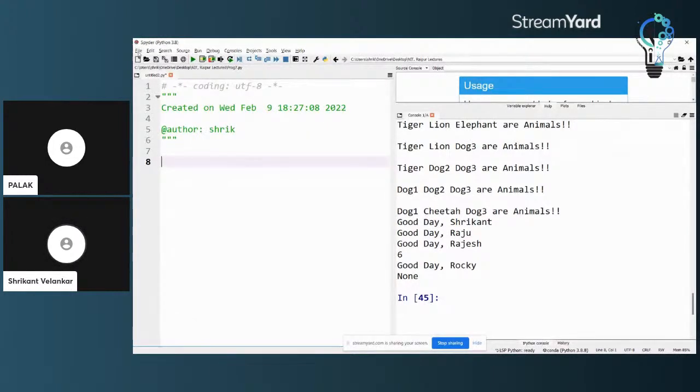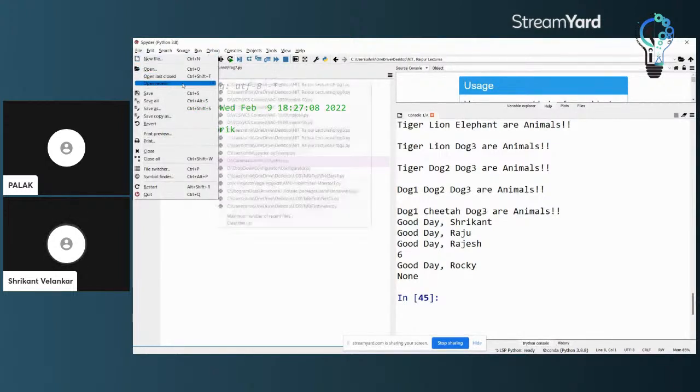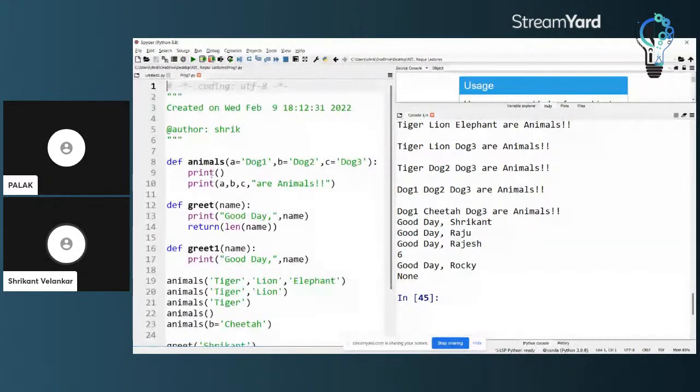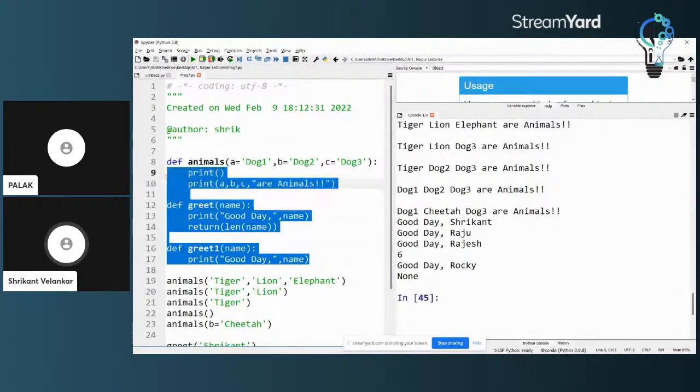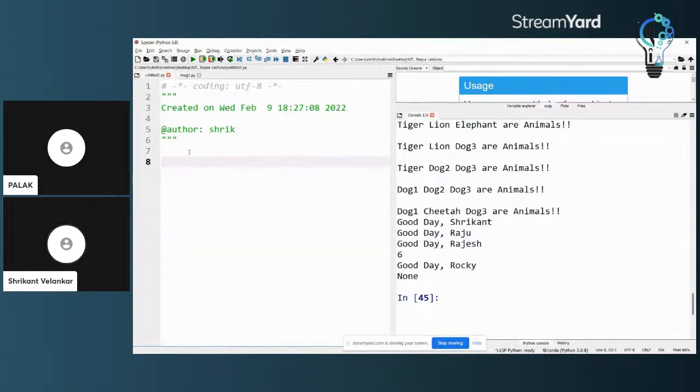Let's see first how I will be able to do it. What I will do is open the last, very recent one, and I will take these three and make a module out of this. Although it is senseless and doesn't have any meaning as such, we could very easily have collected some mathematical functions together into a meaningful library. But since these are available and we are trying to save on time, we will do it.